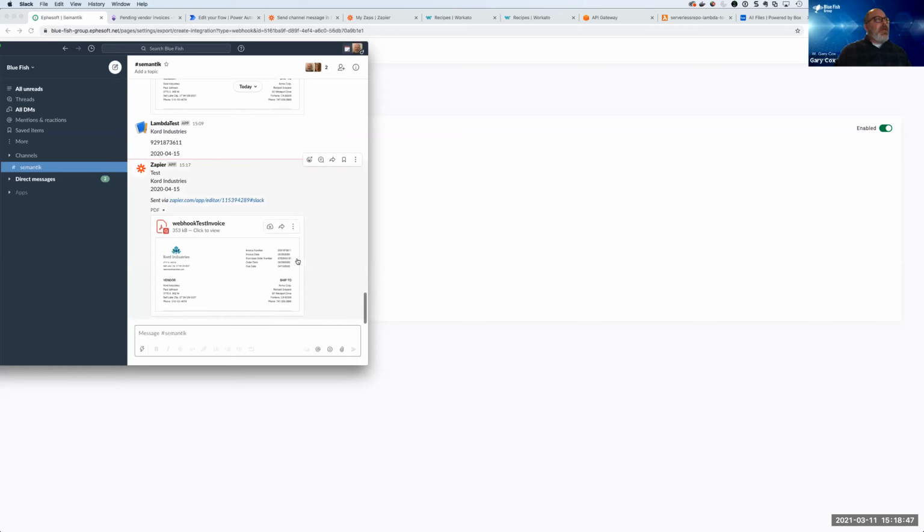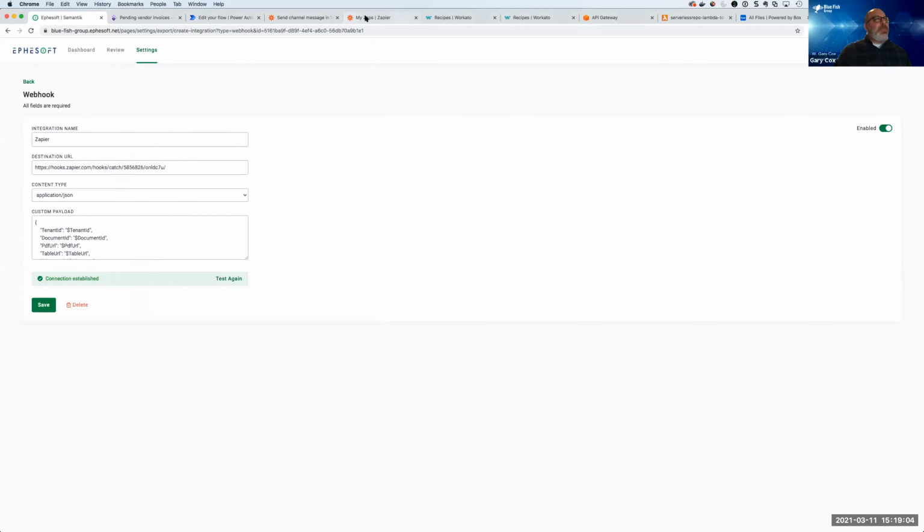So over in Slack, in this case, I decided to send the actual file versus just sending a link. But you can see I have the core industries, the due date, and basically the PDF itself. We can actually look at the invoice. Now that was the first step. Let me go back to